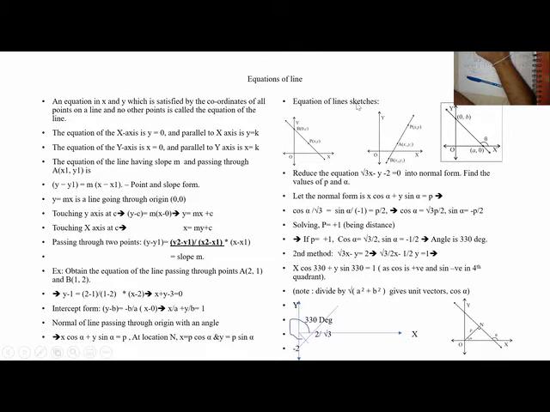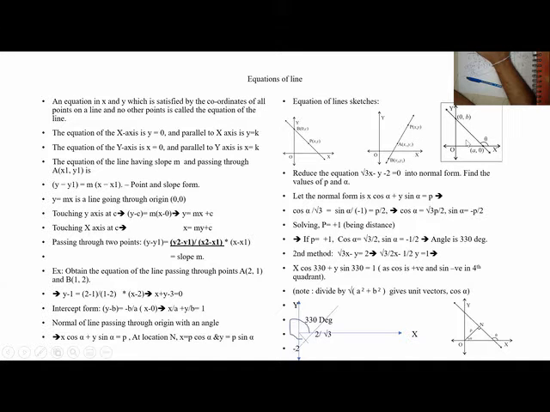These are the equation sketches, whatever is shown here. This is a 2-point line. Go through these 2 points. The slope is y2 minus y1 by x2 minus x1. And I have taken a random point P(x, y). So y minus y1 is equal to m into x minus x1. Or y minus y1 is equal to y2 minus y1 by x2 minus x1 into x minus x1. So these two are tallying.